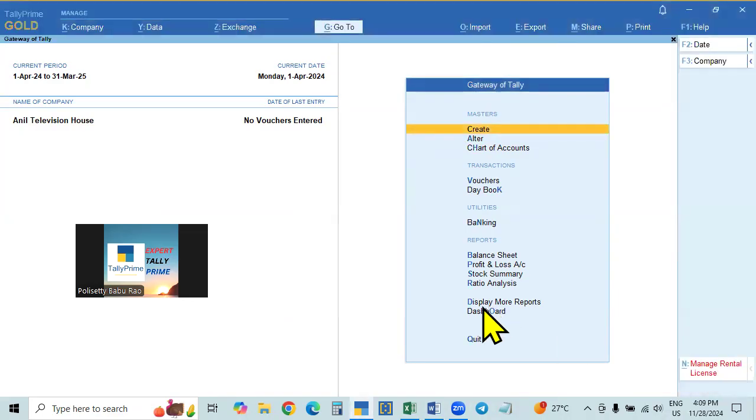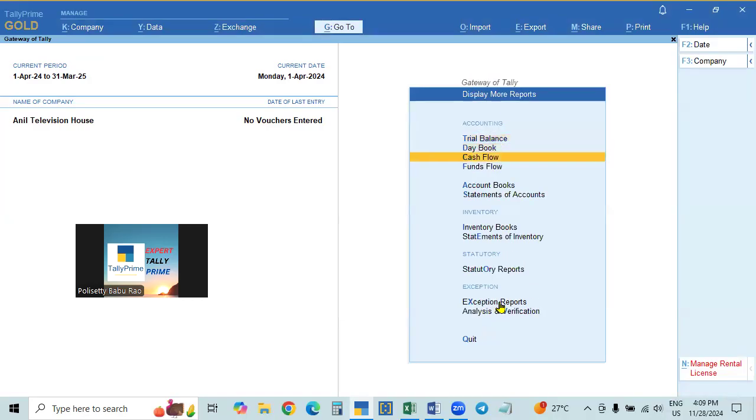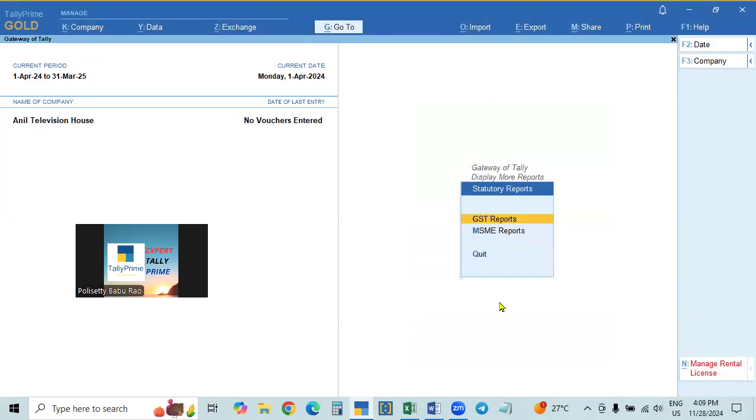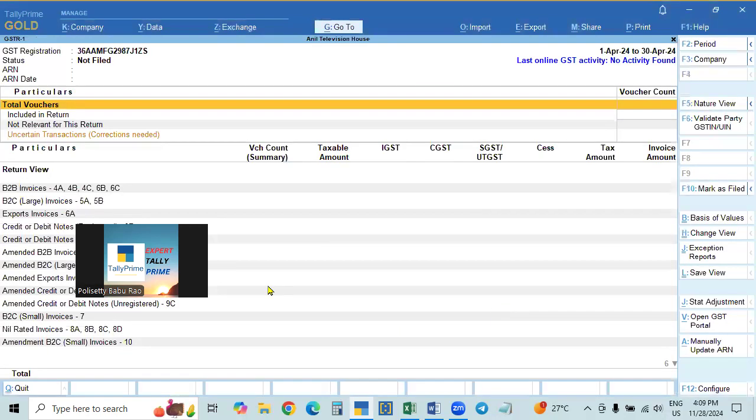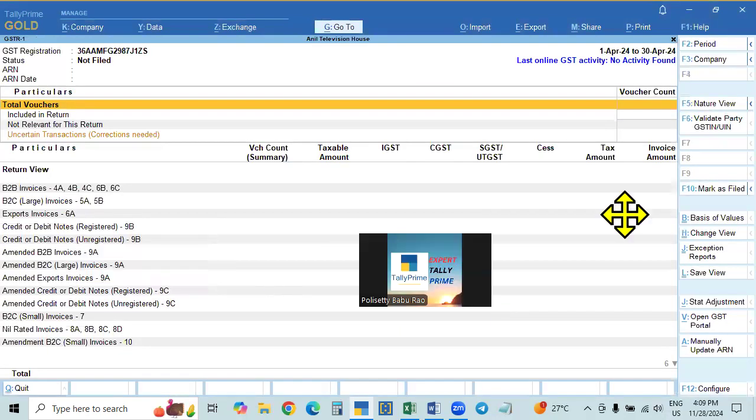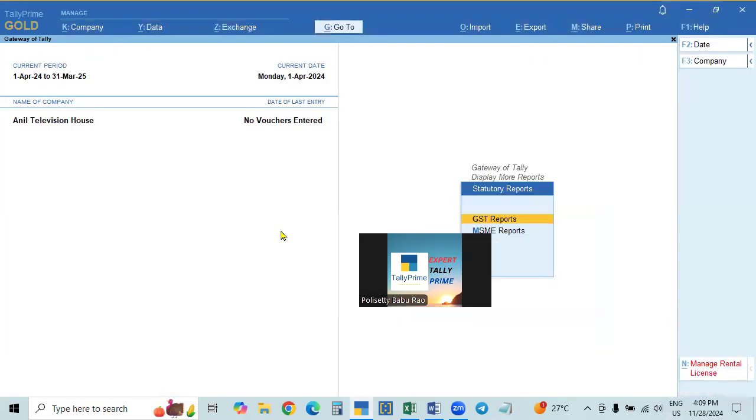Here you see, display more reports, then go to statutory reports and GST reports. In the GST reports, you go to GSTR1. When you are filing GSTR1, for example, in this one,